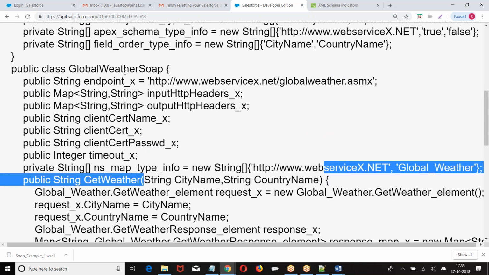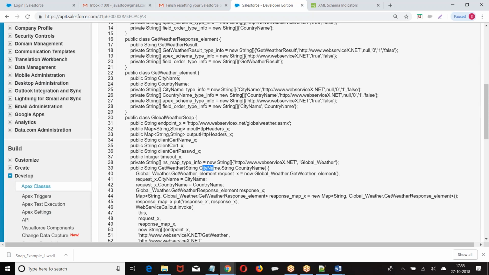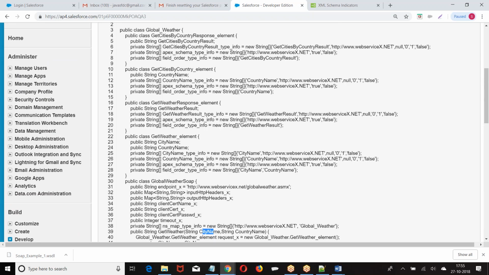Now, how do you call? Class, inner class, object dot get weather of city name and country name. If you give those, we are going to get this. Once it is consumed, it is only a class, right? Create an object dot inner class method. Whatever data you want to pass, you pass it. Once it is consumed, there is no issue. The only problem is until it is converted into a class. Once it is converted into a class, it is object dot method.